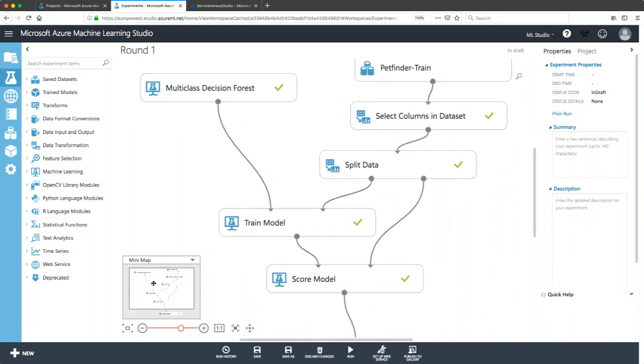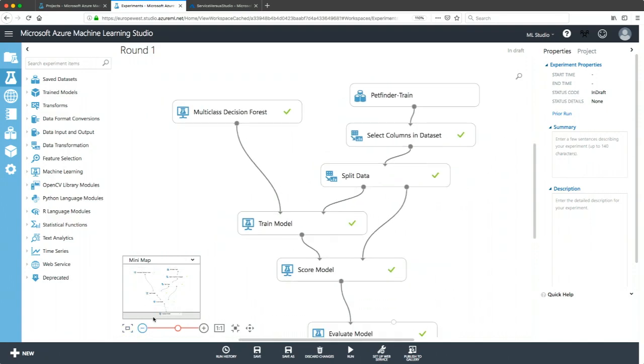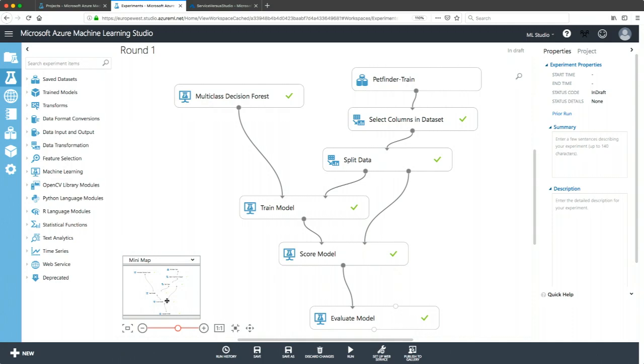This is an experiment. Azure ML Studio is focused on experiments. That's the main unit of work, let's say. And we can see here multiple modules. They have modules for everything: for training algorithms, for picking an algorithm, for doing a hyperparameter sweep, for ingesting data, everything. The modules usually have one or more input ports that you can connect to other modules, and one or more output ports, because each module has an input and an output.